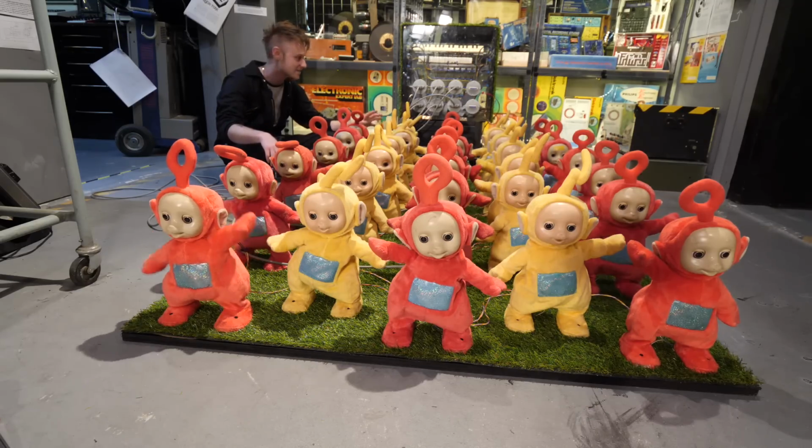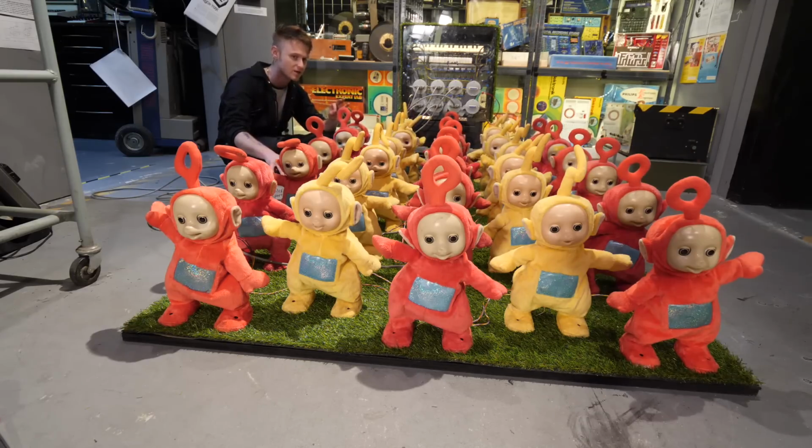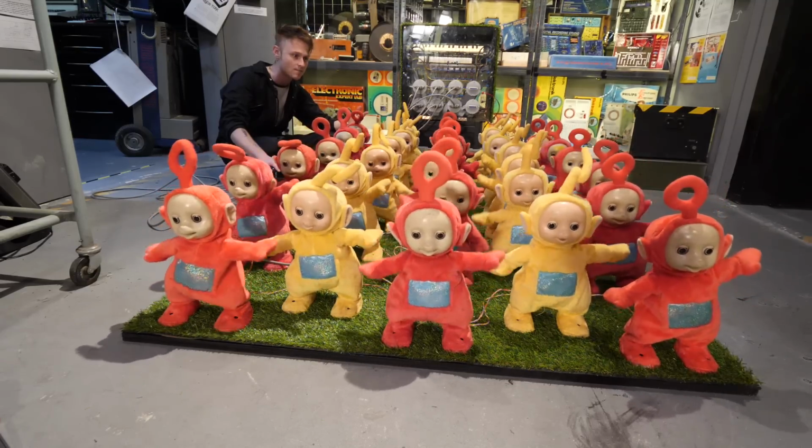But it's cool that it has enough power to run them all at once as well. Some of them don't always start, which is a bit annoying, so it's going to need a little bit of finicking. And I've noticed that with most 90s toys like Furbies and stuff, they're never 100% reliable, so we've got to just kind of find the best of the batch. So I'm probably going to have to replace a couple. But it's good for now, I think, because even the ones that don't always start, they still...